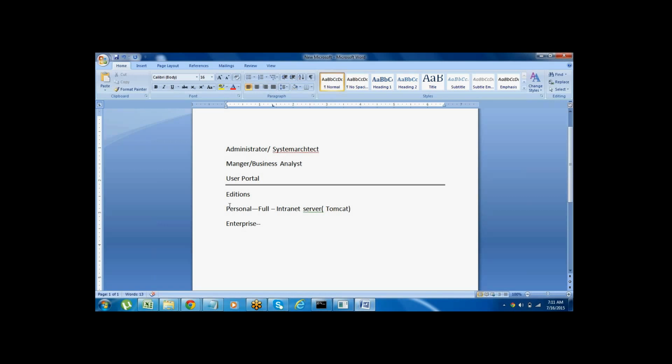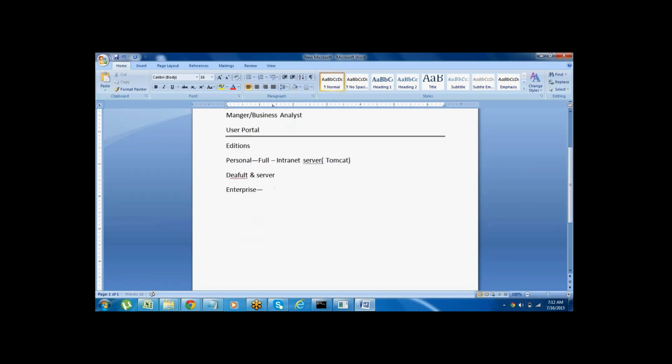But option-wise, all the options are the same in both editions. The options we have in the enterprise edition, you get the same in the personal edition also, so there is no difference. The only difference is that in the personal edition you get the default database and the default server. Apart from that, there is no difference between the two editions.